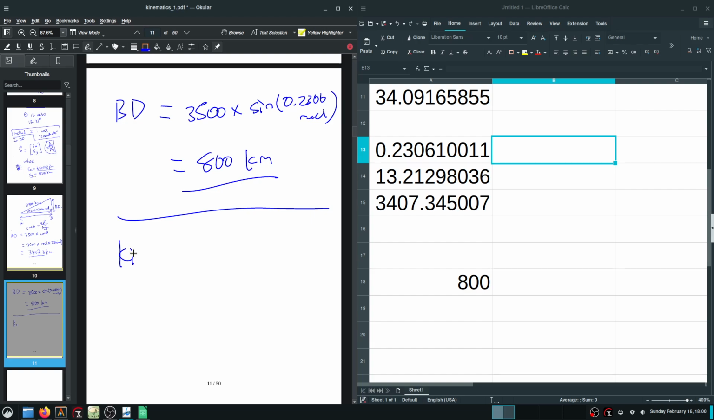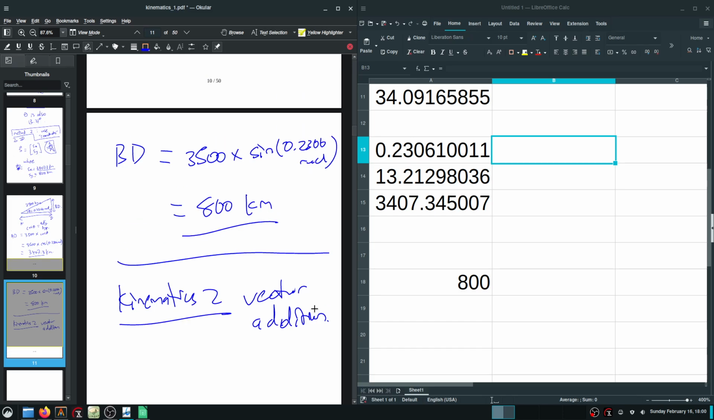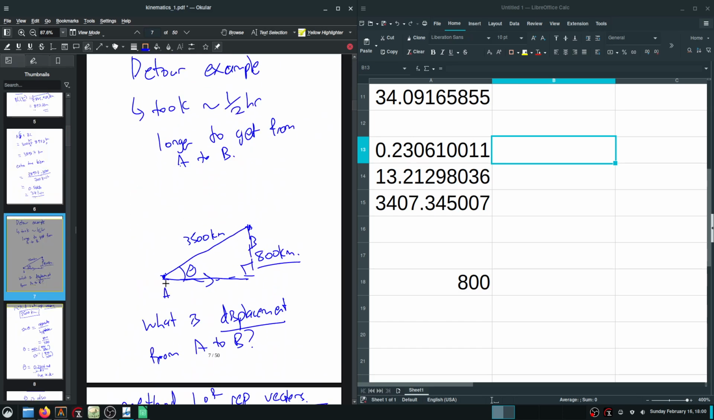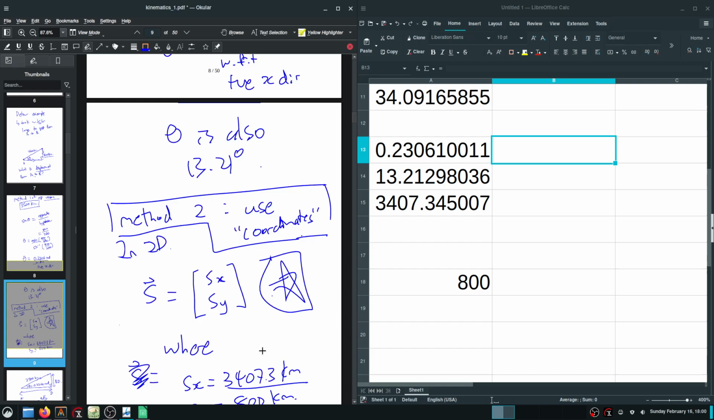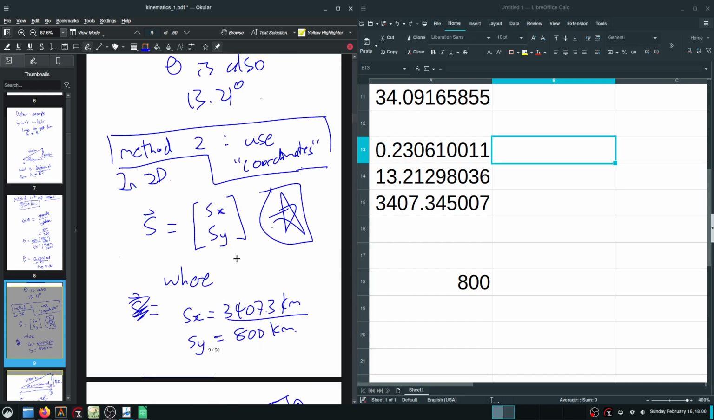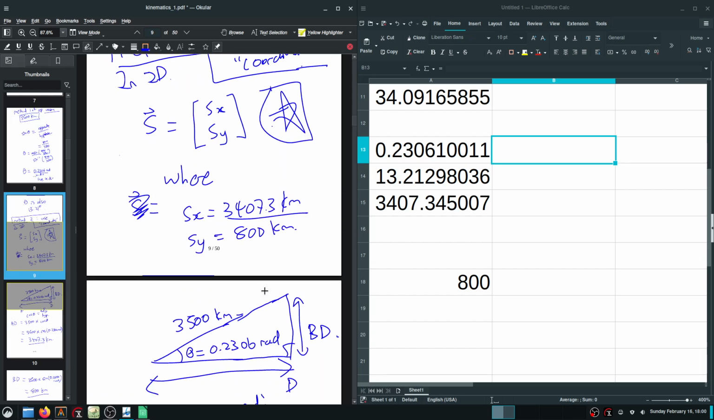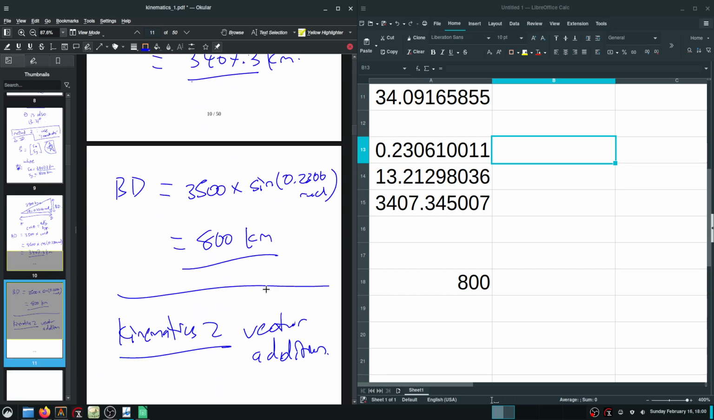Okay, kinematics 2. I want to talk about vector addition, or vector subtraction. So remember with this diagram here, going from point A to point B, the displacement is 3,500 kilometers with this angle theta to the x-axis. But I said I like to use this SX, SY kind of direction, or rather this way of representing, because